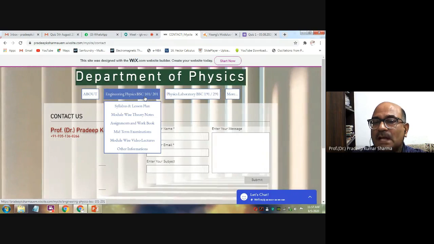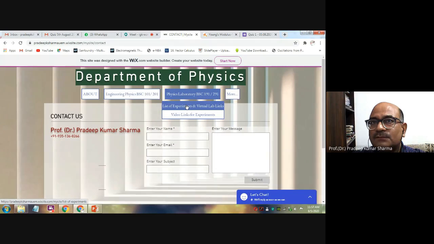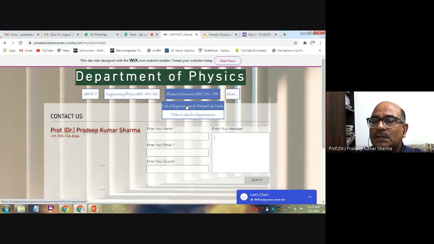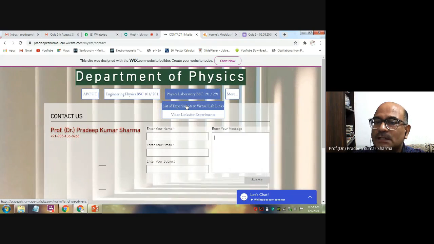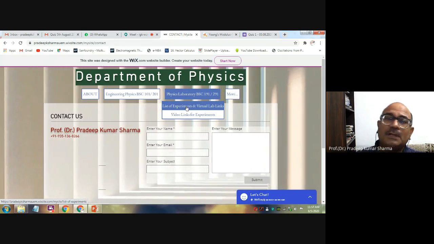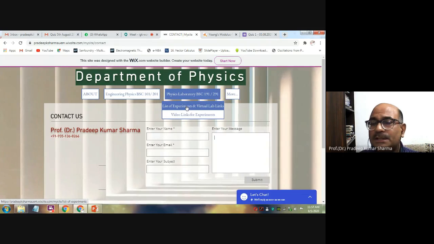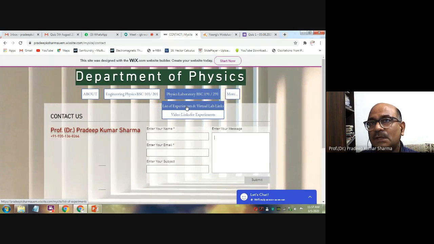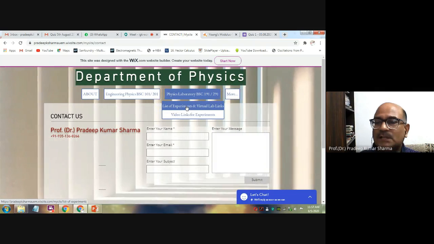The virtual labs, what I am showing here, will not play on your mobile phone. The virtual lab will only work on a laptop or desktop. So you try to assess all your laboratories. I am not saying about physics only. All the laboratories, physics, electrical, electronics, chemistry, whatsoever laboratory you have, all will work only on a laptop or desktop. So please try to do that.